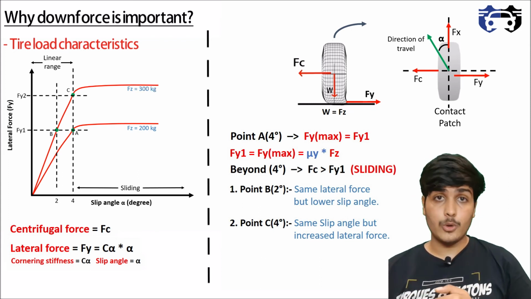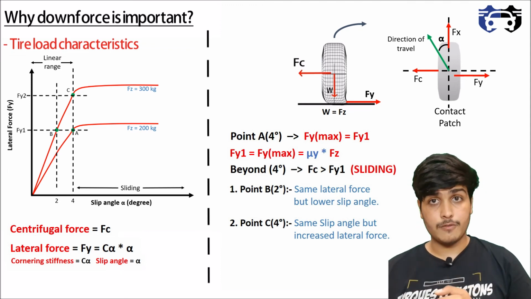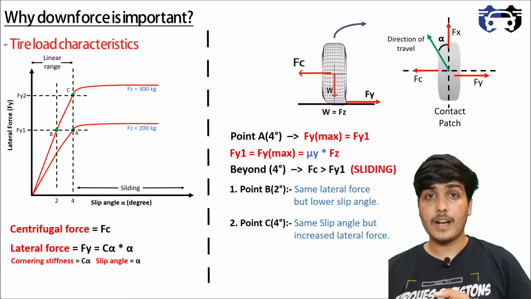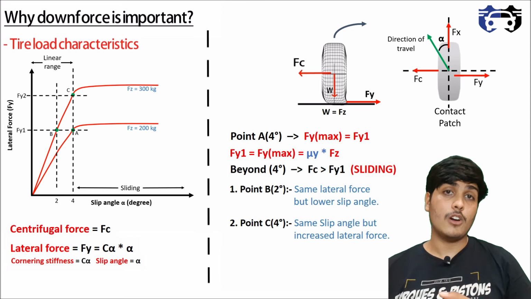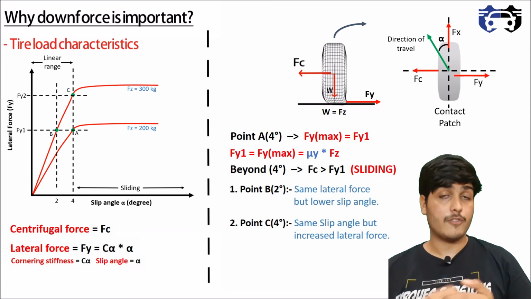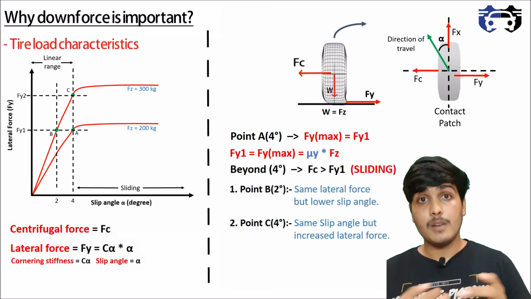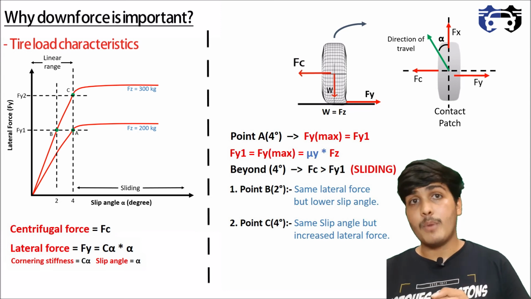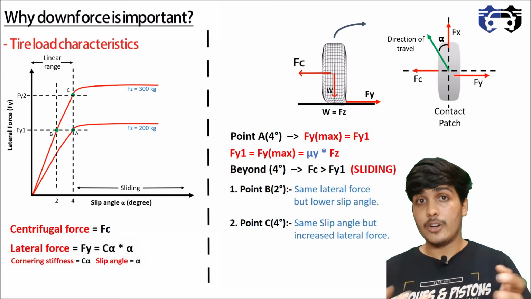So by increasing the load, you can see we can achieve the greater value of lateral force at the same slip angle of 4 degree, or we can achieve the same value of lateral force at the lower slip angle of 2 degree. In both of these cases, we will get the extra value of lateral force to tackle the centrifugal force at high speed. Hence, the increase in vertical load can help us to corner at high speed, and we can reduce the lap time. So this is the importance of aerodynamic downforce, which increases the load on the tire without increasing the weight